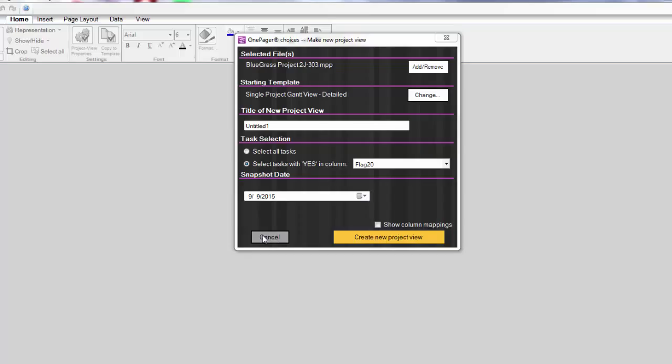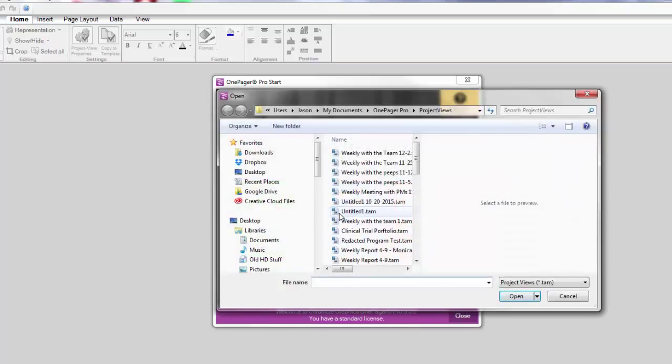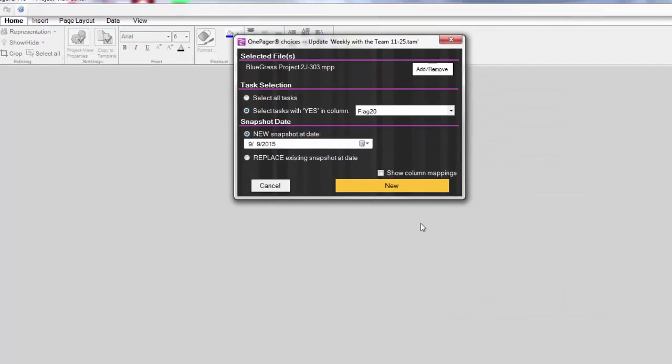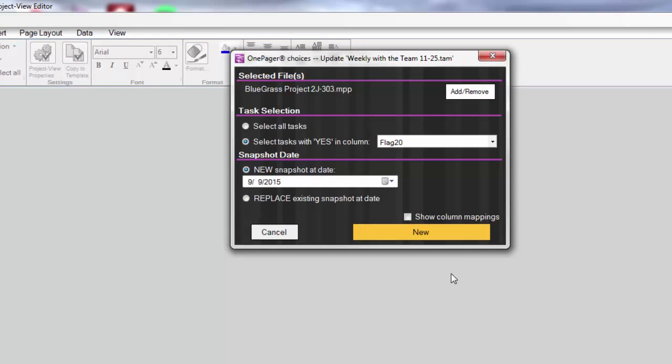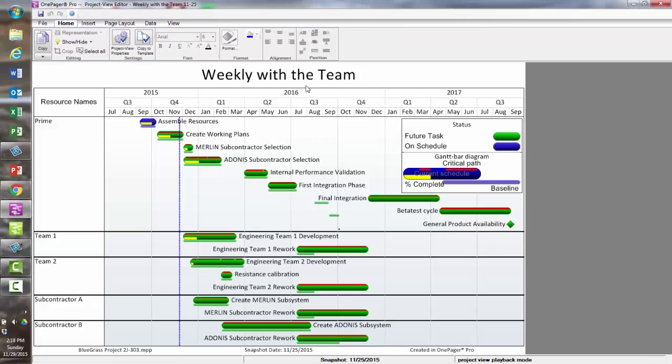If instead you click Update from the Start screen, the form will ask you to choose the project view or TAM file you want to update. After a proper selection, you will see the typical OnePager Choices selections that you will need to make in order to complete your update. Whether you are launching OnePager from your Start button or from an Add-ins tab, version 5.3